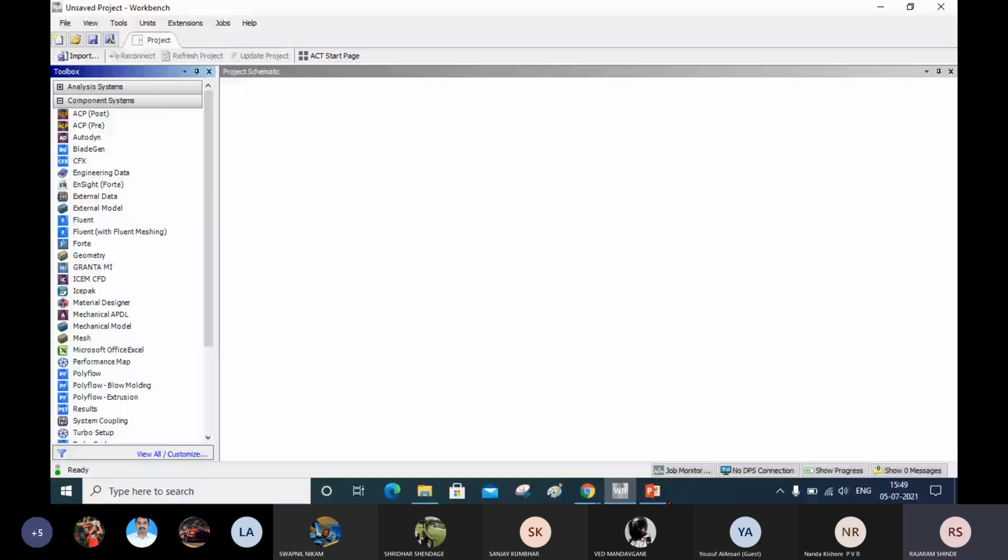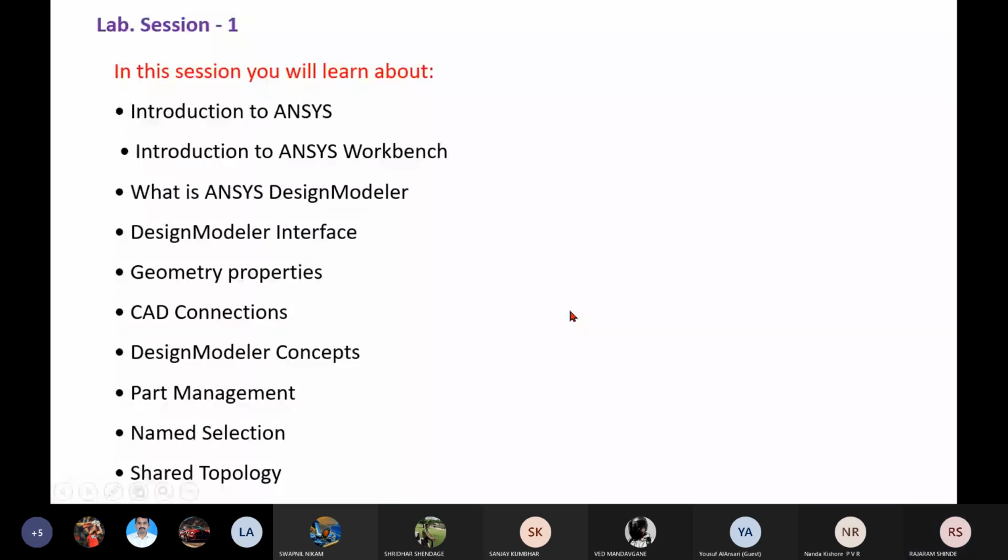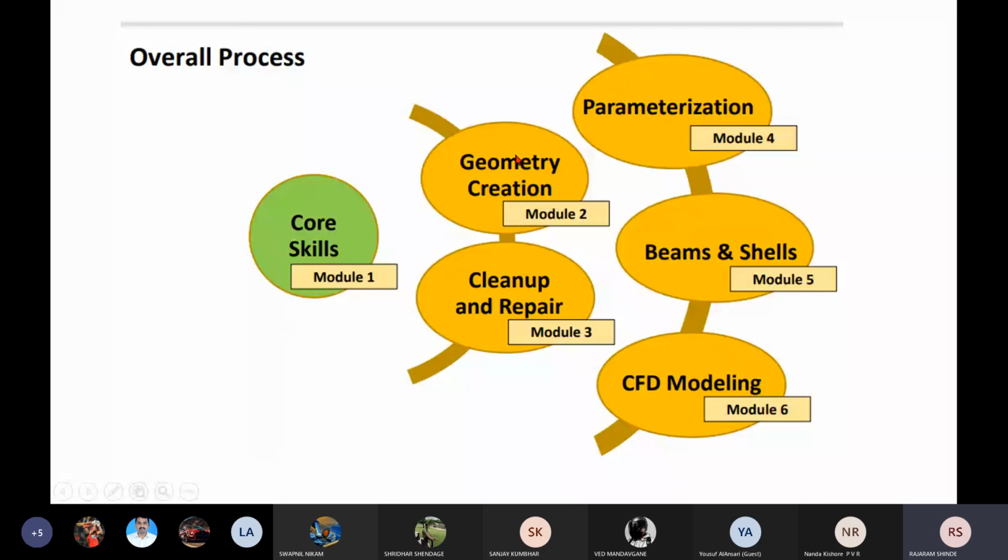You can see here this is the overall process. First you have to create the geometry, or you can import the geometry from the modeling software, then clean the geometry. In CFD we need a rigorous repair of the geometry, because geometry imported from CAD software or developed in Design Modeler has lots of errors.